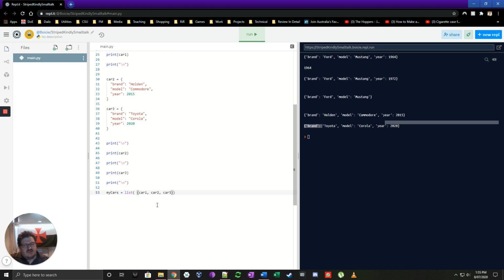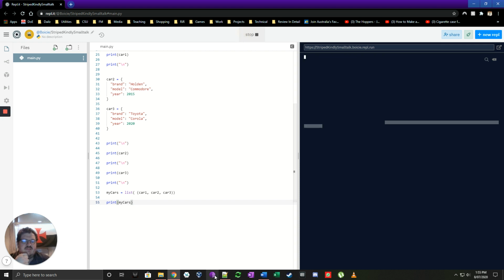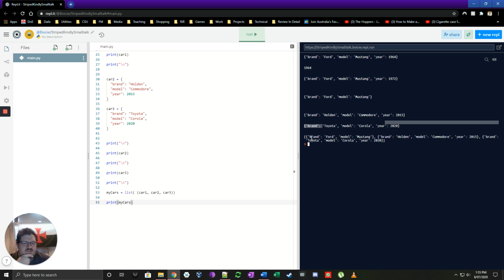Rather than like we did before with an array, giving it individual bits, I've given it the whole cars. And here, if I print my cars, I now am expecting that all of this information will be printed in one big brick. Let's see if it works. There it is. There's our first one, and you'll notice that they're separated off by the curly brackets. The Ford Mustang, which is car number 1, the Holden Commodore 2015, car number 2, and the Toyota Corolla 2020,